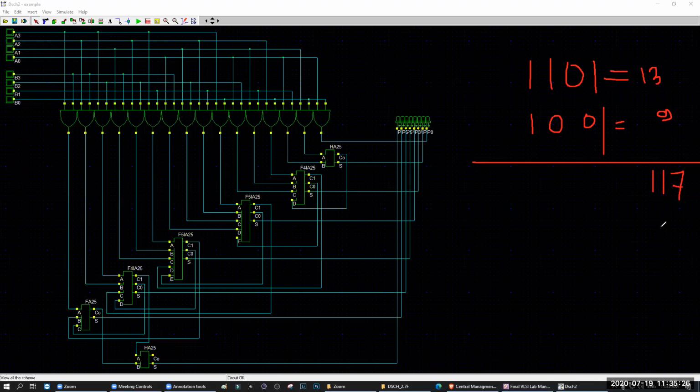If you convert 117 into binary, your result is 1110101. That is your result. Okay, so that should be there. Let's try.